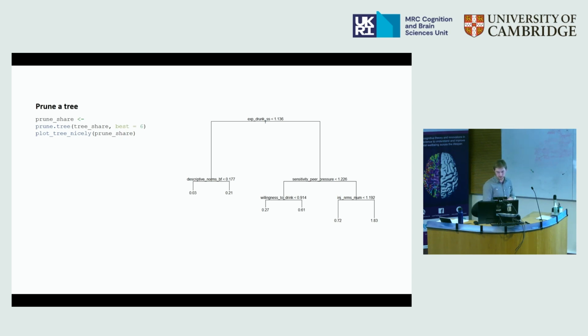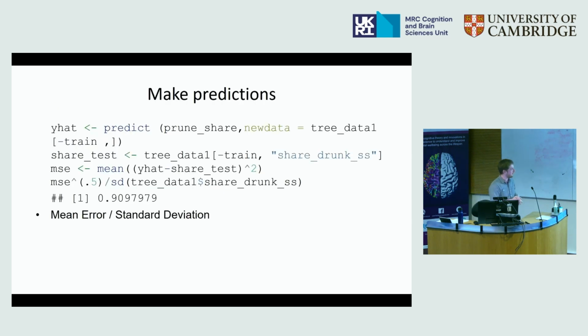Then we can see whether what we did is accurate. It's similar to how you would test the outcomes of a logistic regression. You use your model to make predictions on your test data set based on the training data set, and usually what it gives you is the mean square error. You could put that in relation to your standard deviation, and then you could see that with the pruned tree model,